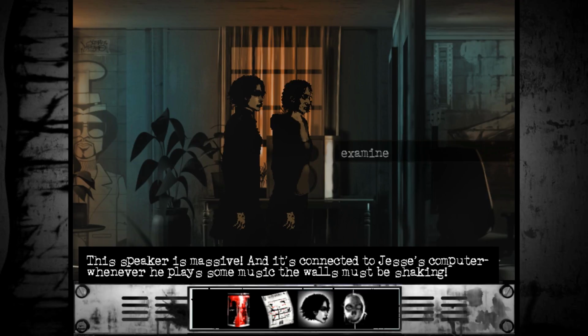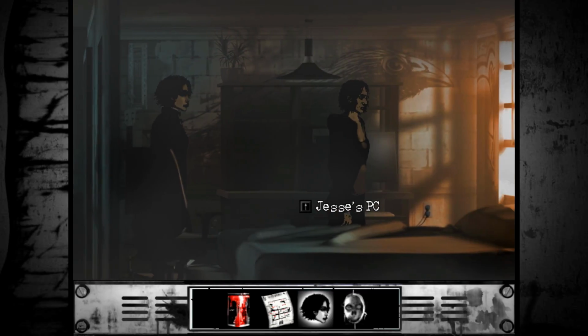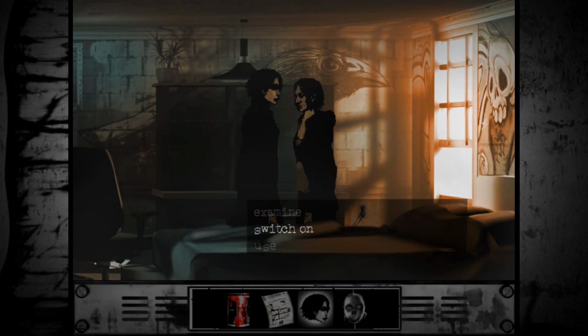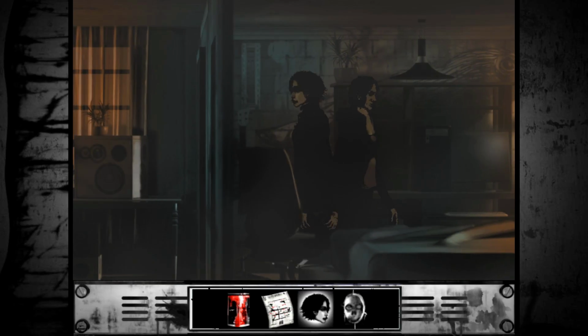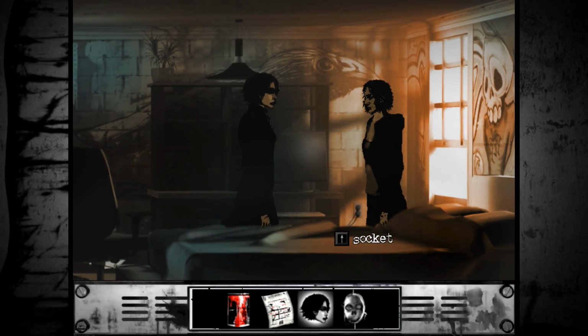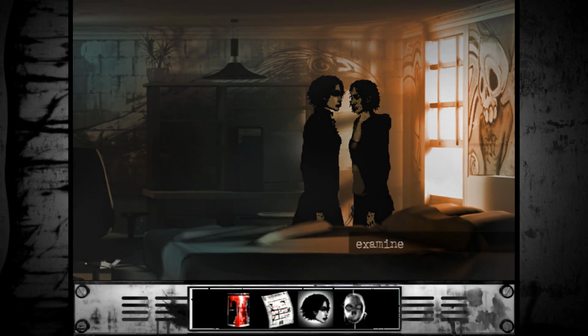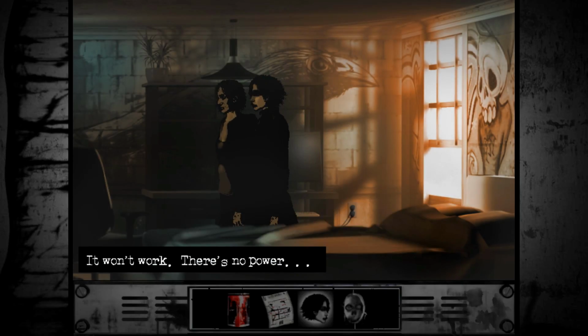Maybe, yes. You never know. You might find a special magical plant. Jesse's PC. Should we turn it on? Someone's cut the power. That was us. Yeah, brilliant, Susan. She's got a very selective memory. We can't use his PC at the moment, so